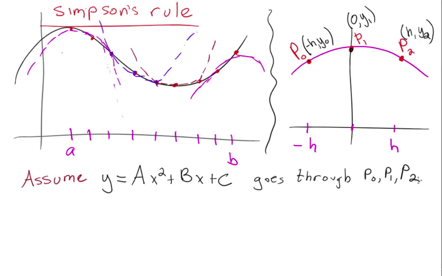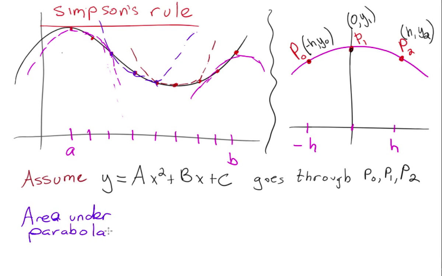Okay, and then what are we trying to do? So this is a parabola that goes through these 3 points. So we don't know what it is, right? So these are unknown, but we know that it goes through these points. So if we want to find the area underneath the curve, then the area under the parabola is given by,